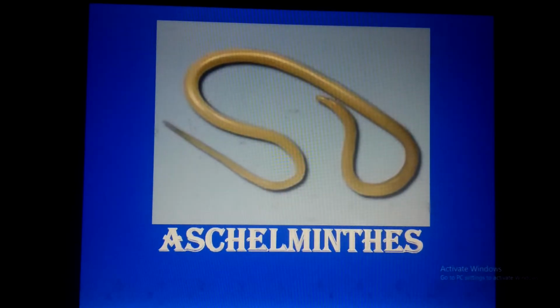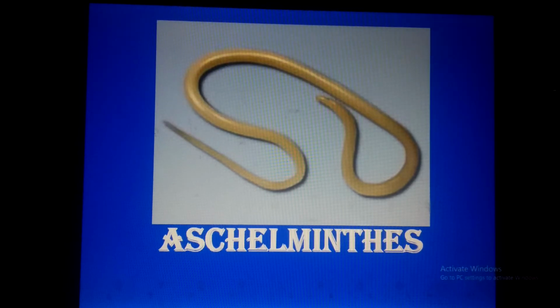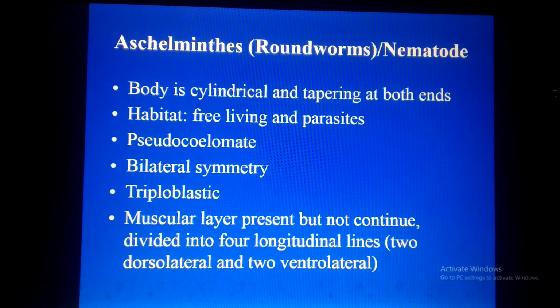As you can see, round body and tapering, pointed, tapering at both ends. Now, habitat: they are free living as well as live as parasites. The third most important point is that they are